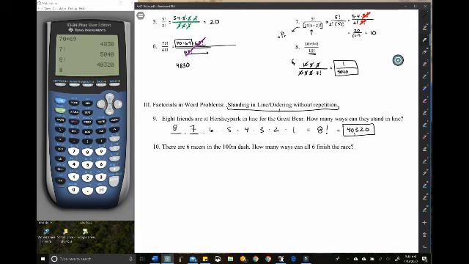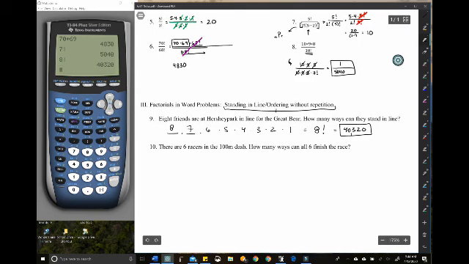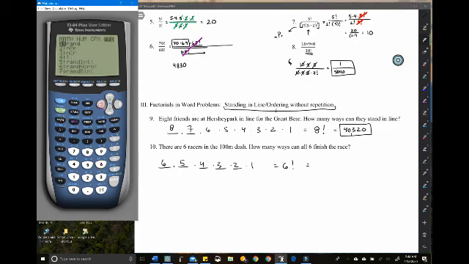For number 10, 6 racers, 100-meter dash. How many ways can all 6 finish the race? So first place, once they start the race, there are 6 people that can finish in first. Well, once that first place finisher goes, there's 5, and then 4, and then 3, and then 2, and then 1, or 6 factorial, and that is